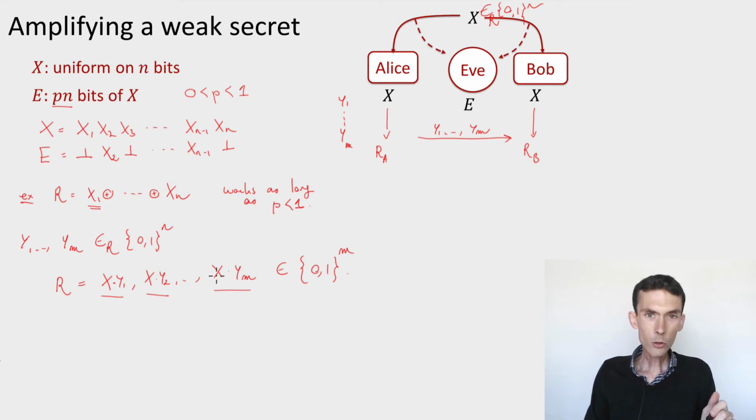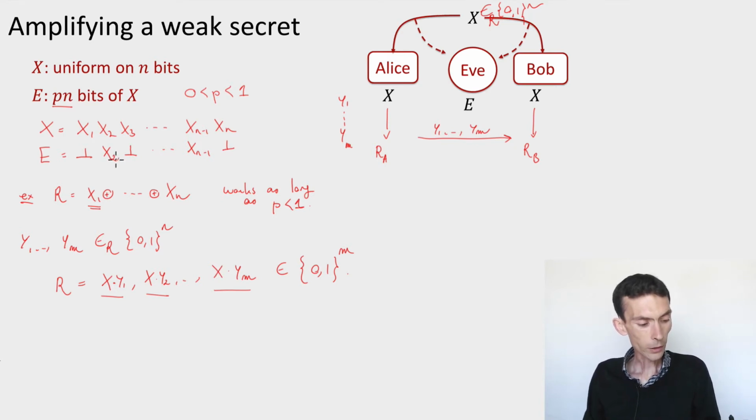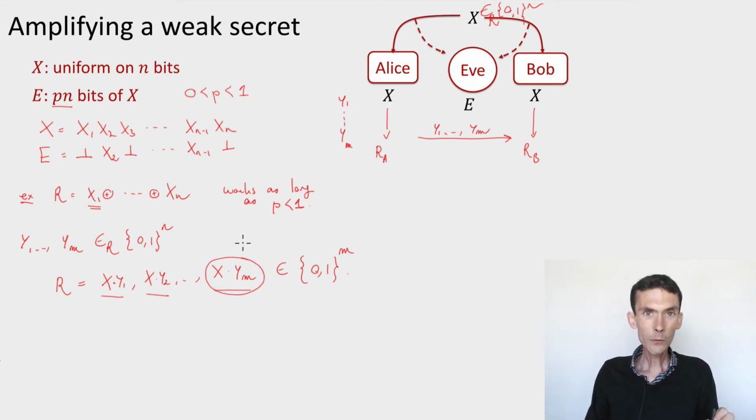Think of it not just as fixed bits, but as linear equations. For instance, the fact that E contains x2 is the same as saying that E contains the dot product of x and the vector 0, 1, 0, 0, 0, 0, 0. So if we want to show that, let's say, the last bit output by our procedure